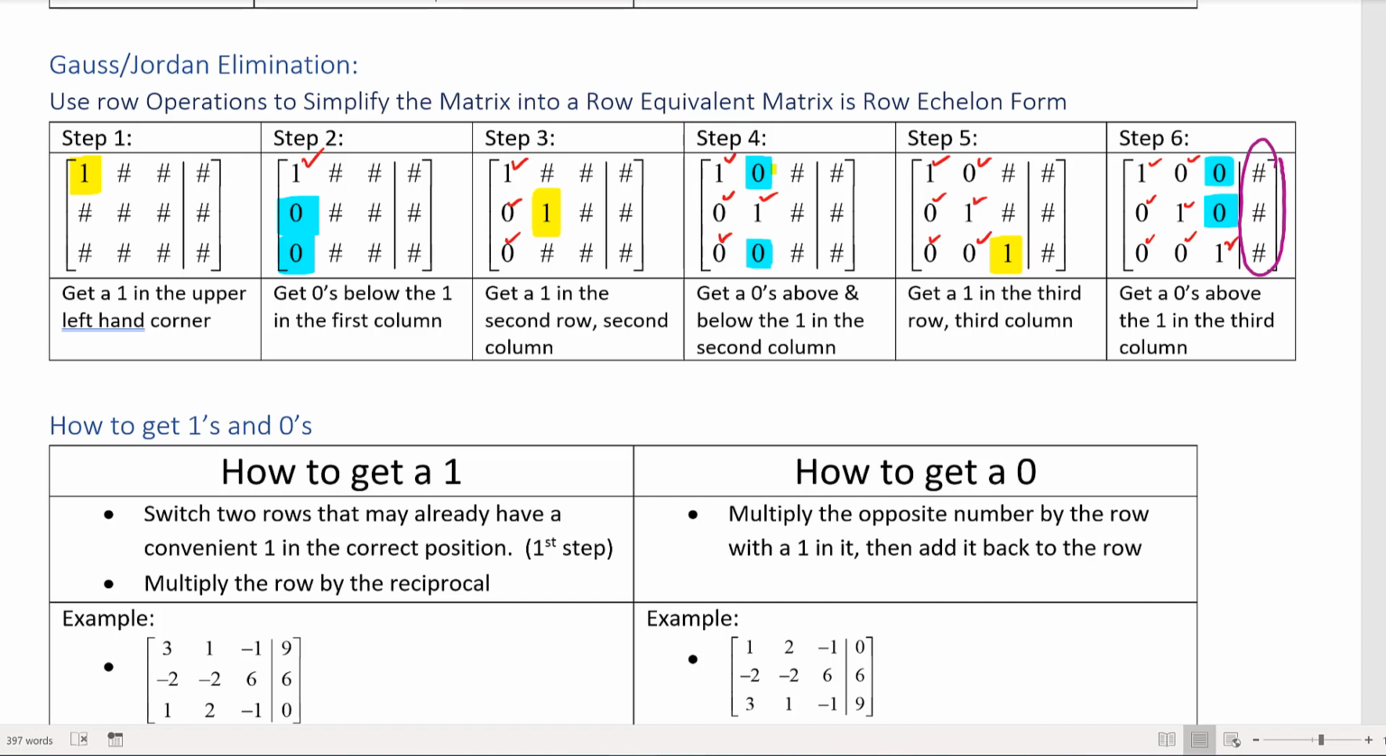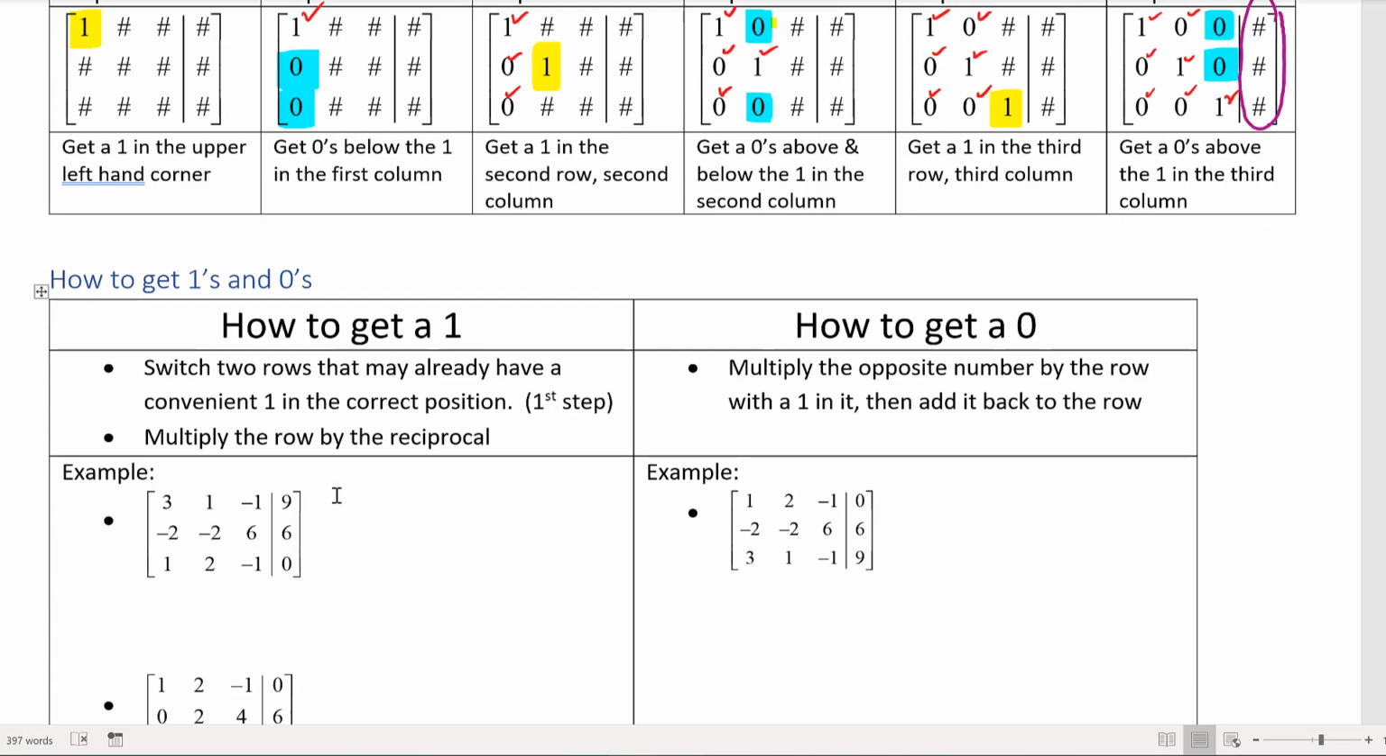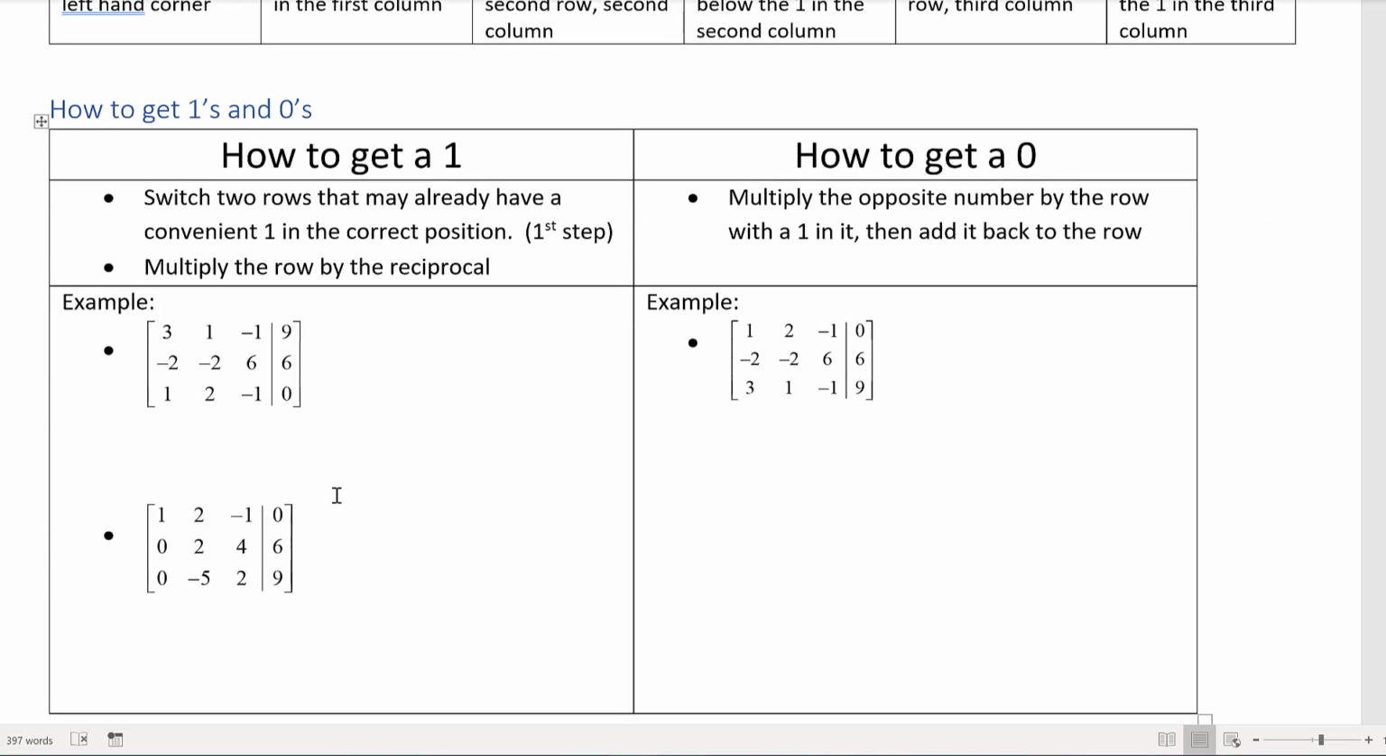Next, we're going to talk about how to get a 1 and how to get a 0. There's two ways you can get a 1. The first way is you can switch two rows that may already have a convenient 1 in the correct position. This almost always happens in the first step. If you try to do this in another step, you'll probably mess up your 1s and your 0s from the